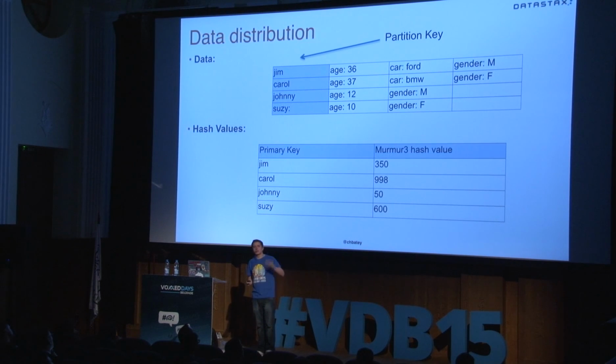How Cassandra does that, and this is from the Dynamo paper, is consistent hashing. What Cassandra does is it hashes the value that you've told it to, and that gives a number. The real value of that number is a 128-bit value. Well, there are different partitioners, but it can be a 128-bit value, which is a really big number which I have no way of saying. So I'm going to pretend when describing this that it actually hashes between 0 and 999. So we're going to pretend that murmur3, and this is a lie, this is not what the murmur3 hash function will do, will actually hash the bytes of Jim to 350, the bytes of Carol to 998.